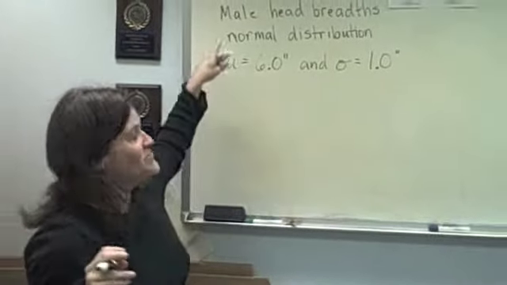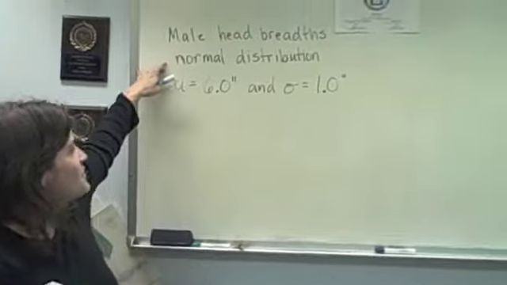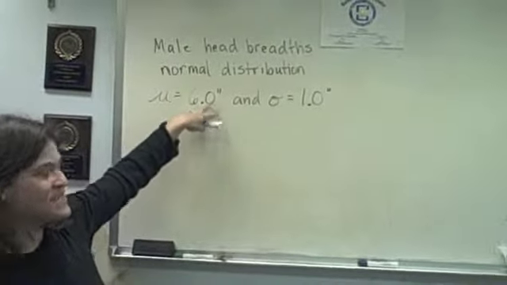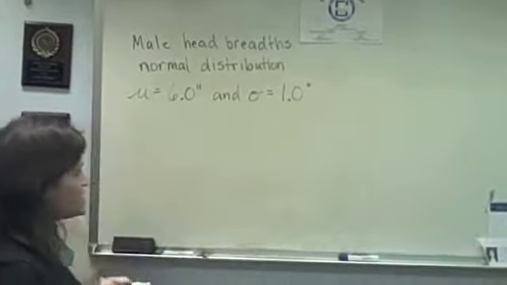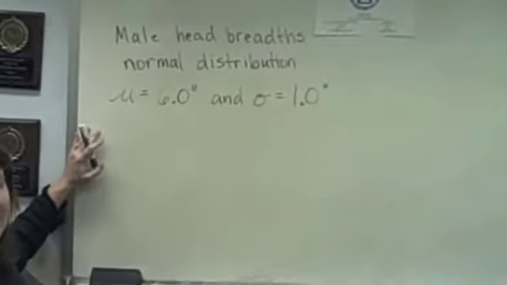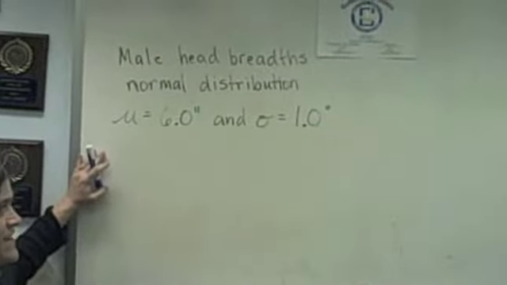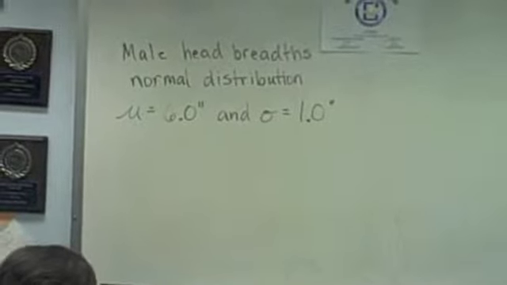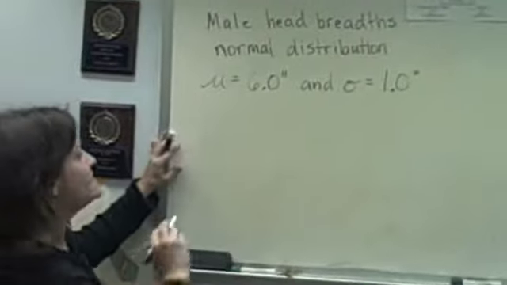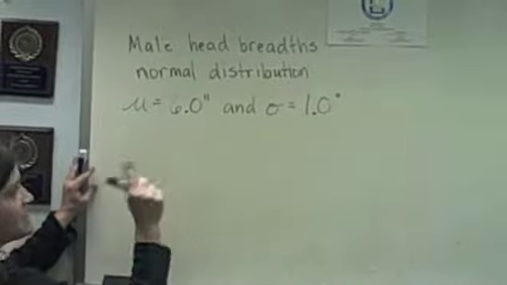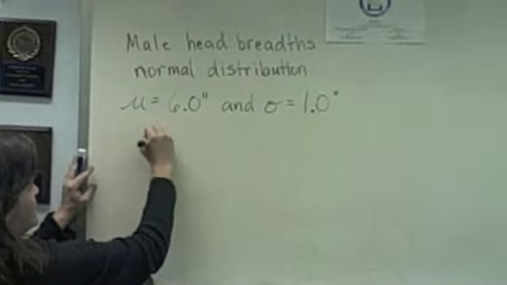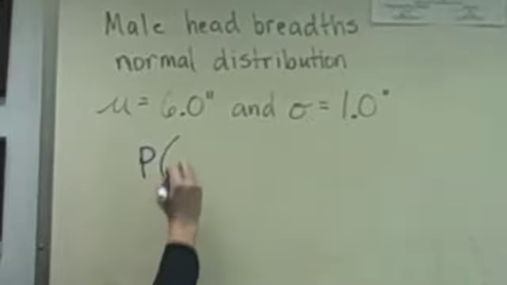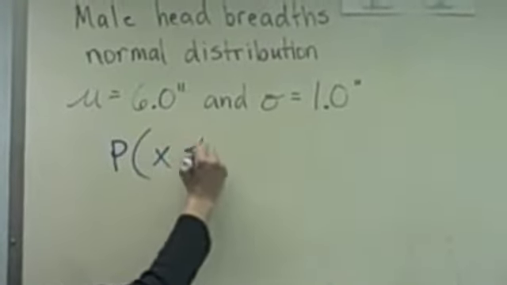Okay, we've been told that male head breadths follow a normal distribution with a mean of 6 inches and a standard deviation of 1 inch. And we want to test if one male's head is bigger than 6.2 inches, I believe. Oh, no, we want to test if it's less than 6.2 inches. So the first thing is one male represents one data value, and we want to know the probability that that data value is less than